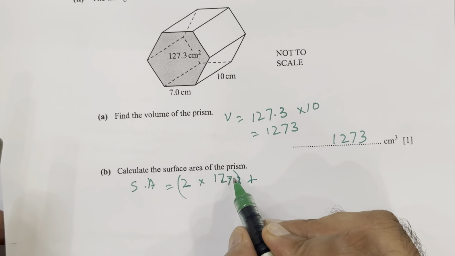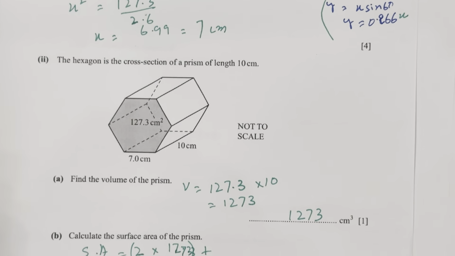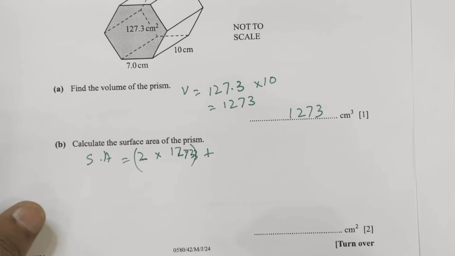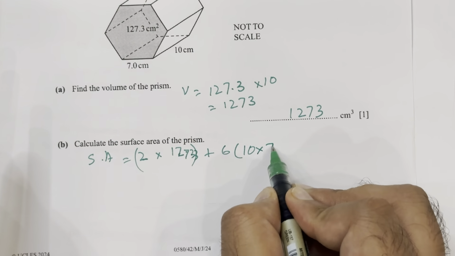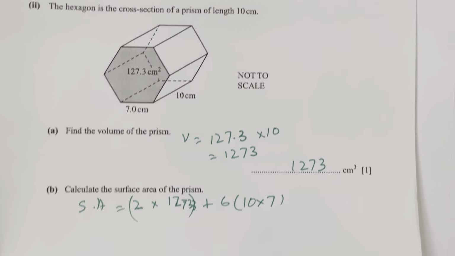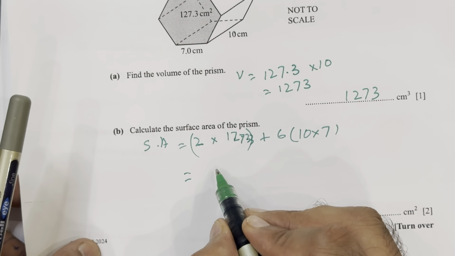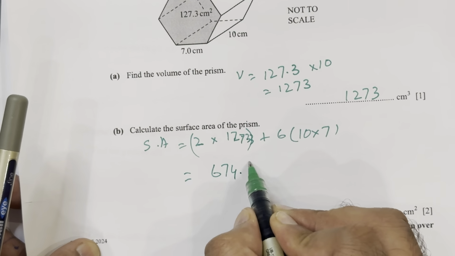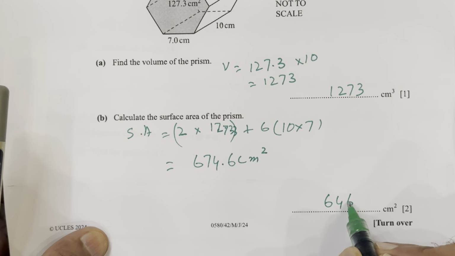Then these are the 6 faces, 1 2 3 4 5 6, and 6 faces have the same area, so we're gonna multiply it, and these 6 faces are rectangles, so 10 into 7, 10 into 7. Okay, after solving it, you get the value that is equal to 674.6 centimeters squared. So your final answer is